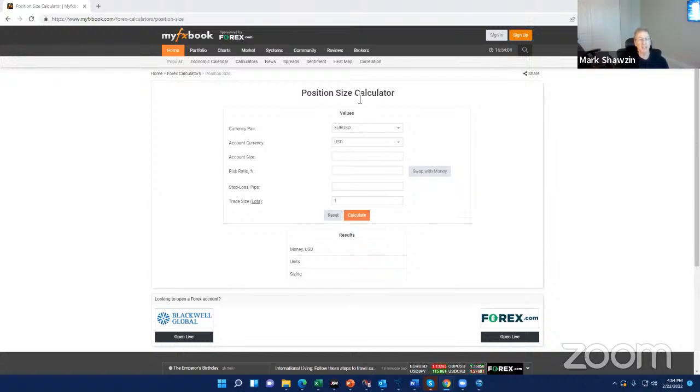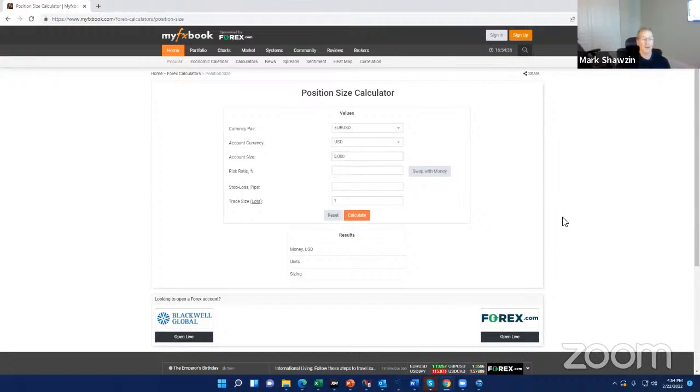So the way this position size calculator works is exactly what it says. It tells you exactly how big a position size you should have for your given level of risk. So you can use any denomination around the world. These are major currencies. I'm going to assume a US dollar account and an account size of, let's say, $5,000. So you can play with all of these fields. You can put exactly what's in your account.